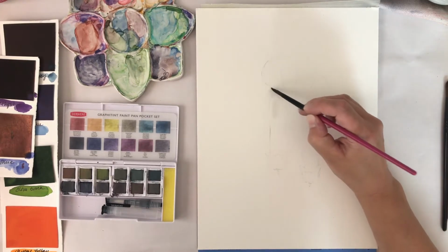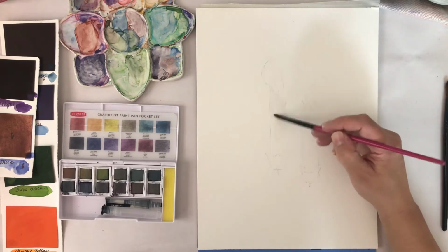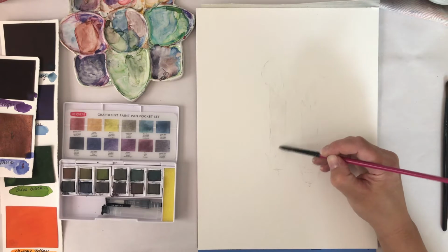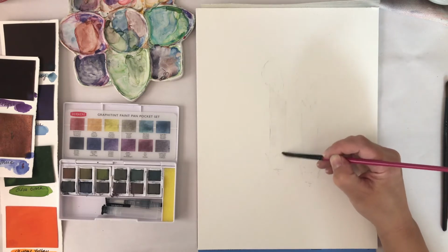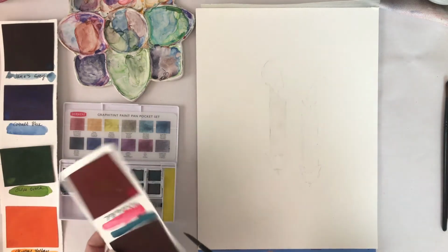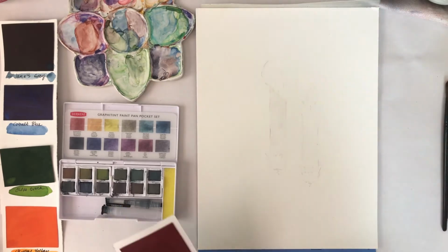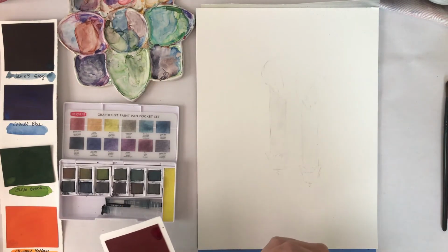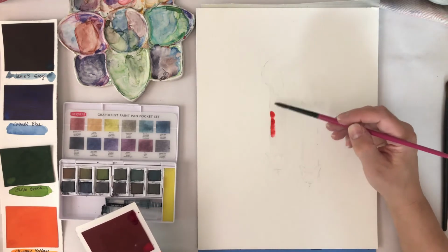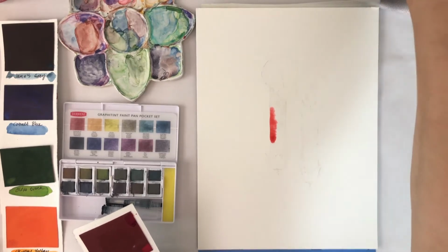So for this one we are going to do a really cute retro inspired candle picture with a pine branch. These would be like the old-fashioned clip-on candles that people would put on their Christmas trees. I've lightly sketched out the shape of my candles because I'm going to use a wet and wet technique, and I've wet the candle part,